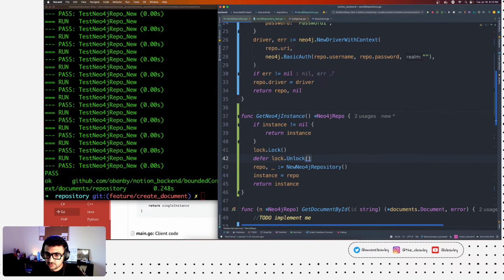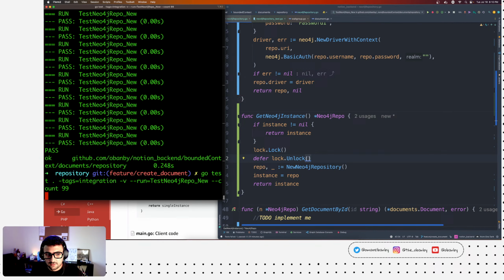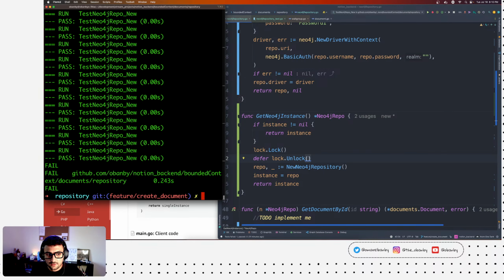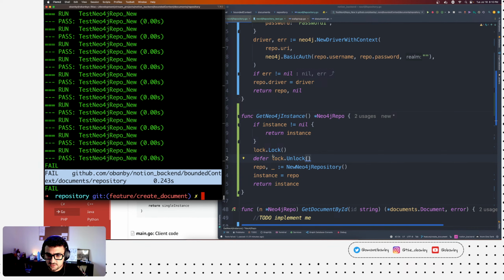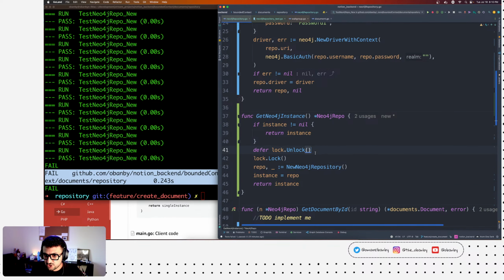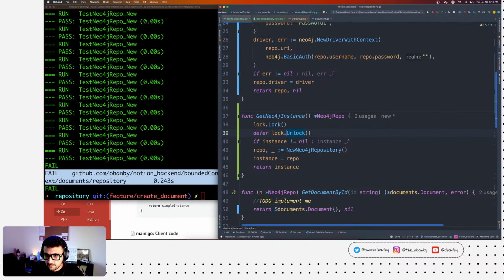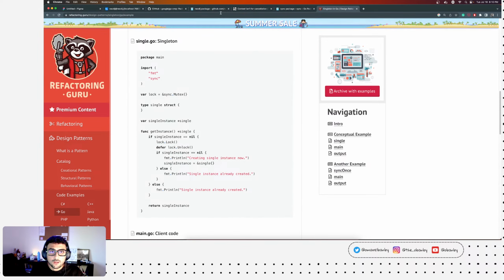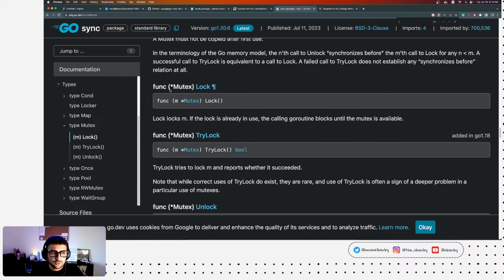So if we do that, I guess defer here is fine. Right? You see here that it still fails. And I think it's because of the same situation. Let's go to the Go package and see the read-write lock. Thank you for suggesting it too, by the way.